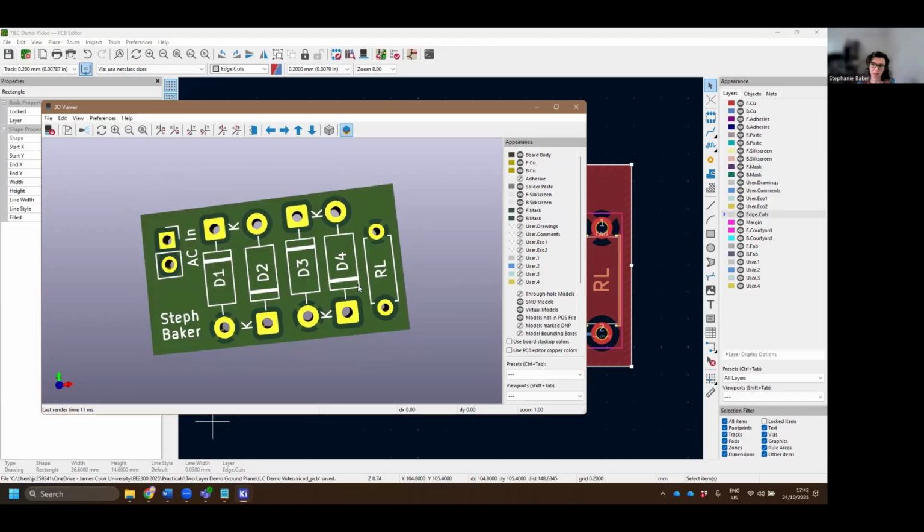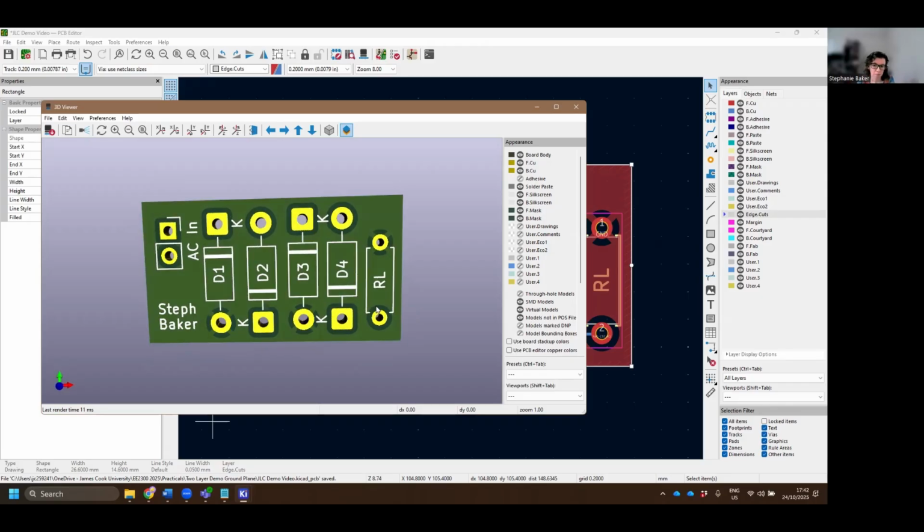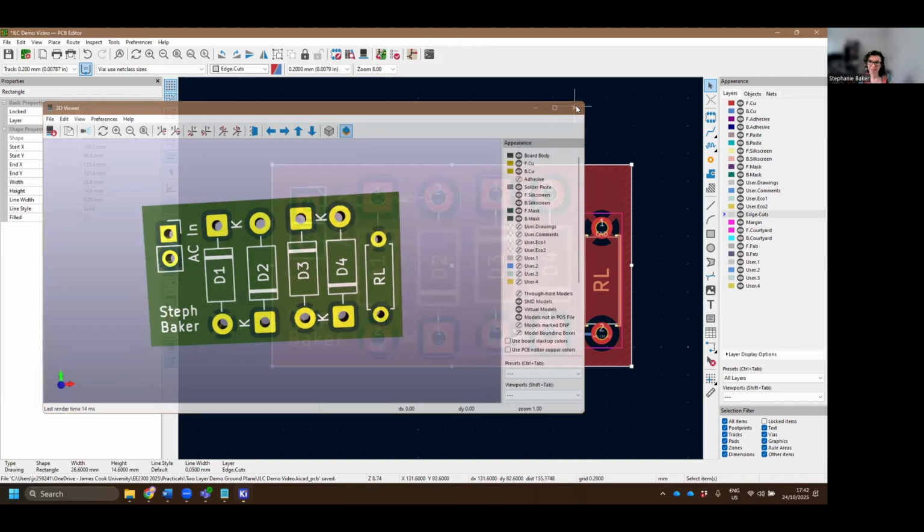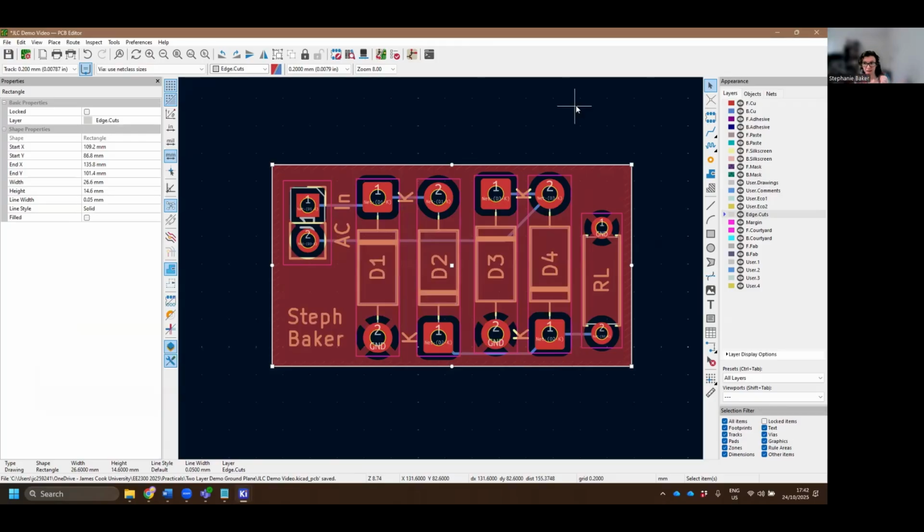Again, I'll go through the process for exporting and checking how that all looks in JLC in the next video. But that is pretty much the skills I wanted to cover here. So now you've seen a bunch of things from designing your own symbols to designing your own footprints. You can do one or both of those if you need to. Then you also